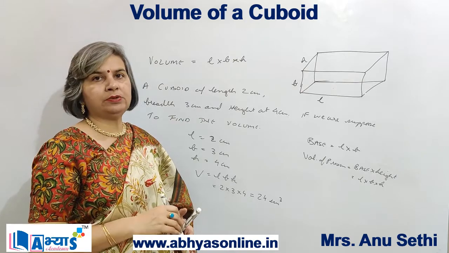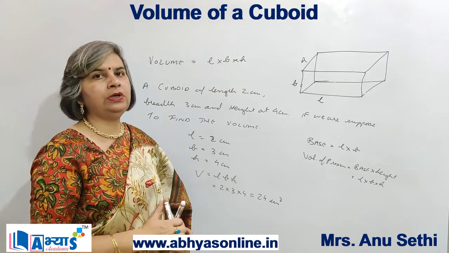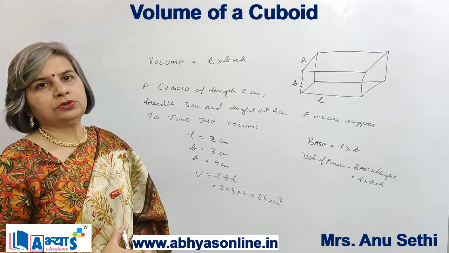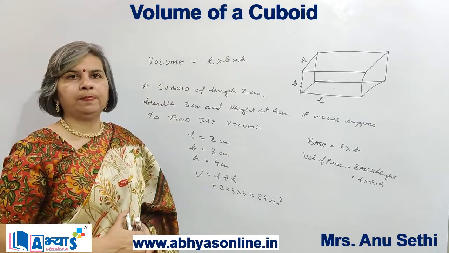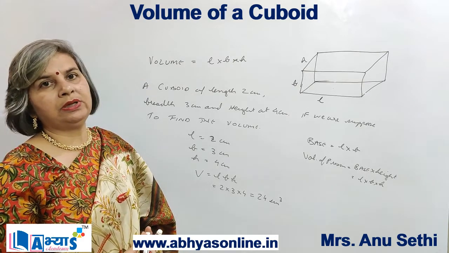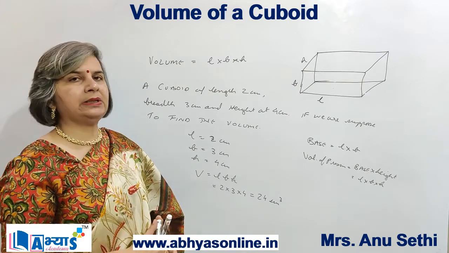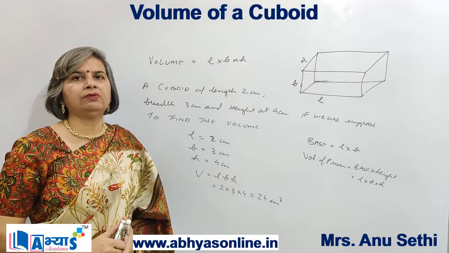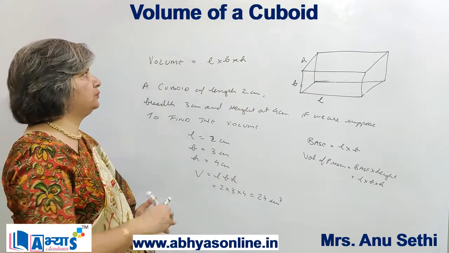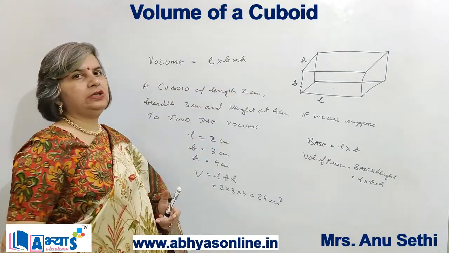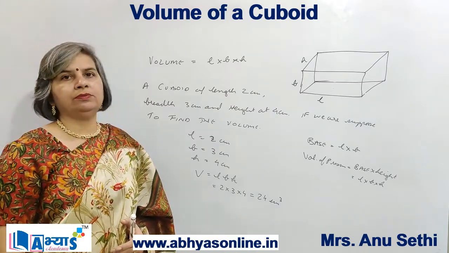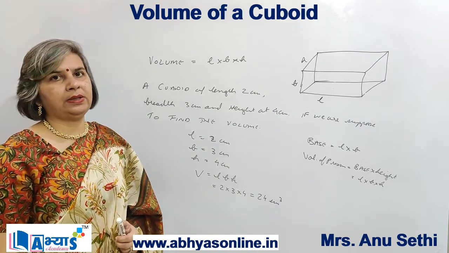So whenever we are supposed to find the volume of a cuboid, we have to multiply the length, breadth and height. But there can be questions in which we are given the volume and two values, suppose length and breadth, then the height can be calculated, or the other way around. That means of all the four quantities, that is volume, length, breadth, height, if three things are given, we can find the fourth value using this formula. Volume is equal to length into breadth into height.